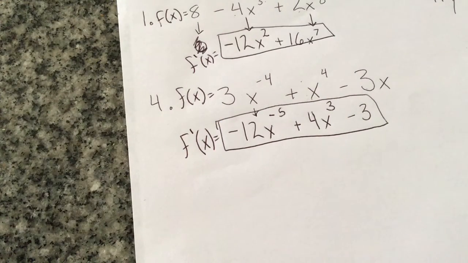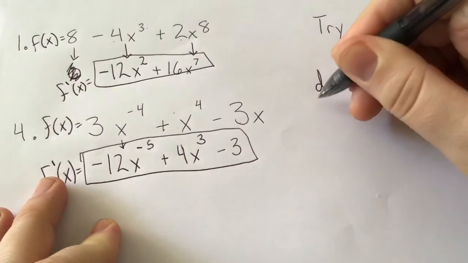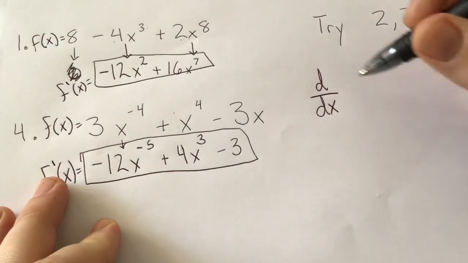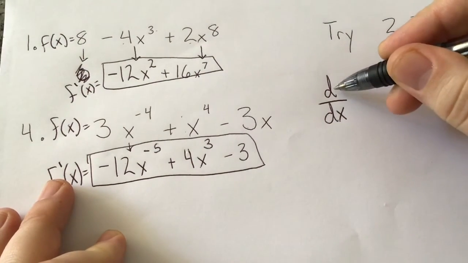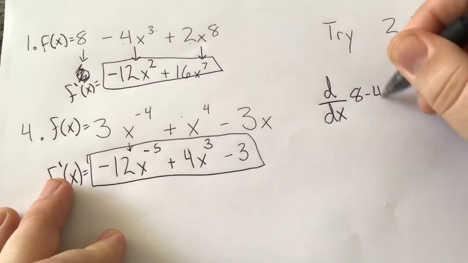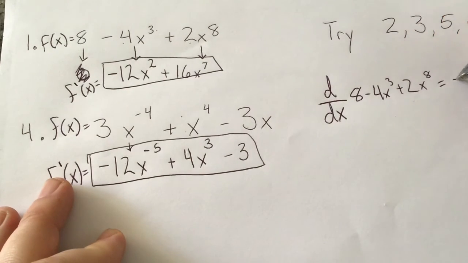Now that's one way to write derivative notation. In this class, it's going to be the way we write it. But just for full disclosure's sake, it is also possible to write it like this. D over dx of the original function. So for number 1, it would look like this. The derivative of 8 minus 4x to the third plus 2x to the 8th equals negative 12x squared plus 16x